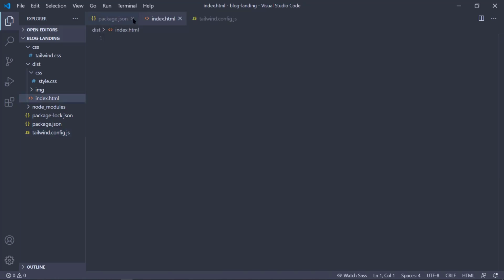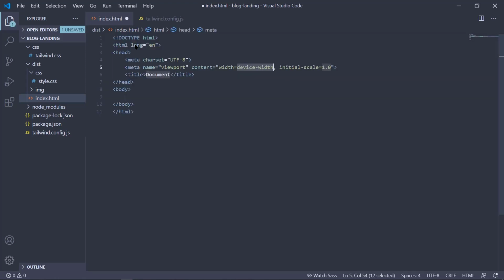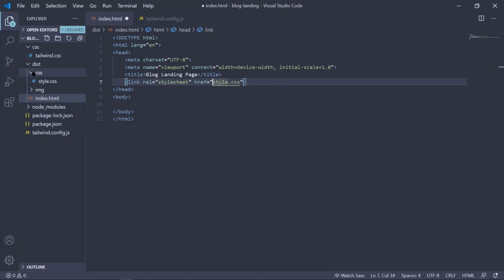Now let's go to the index.html and get our boilerplate. So this is our HTML boilerplate. Let's add a title here. Now we also need to add our CSS file. Let's do that. We are now inside the index.html. We need to go inside the css folder and the style.css. So it will be css/style.css.